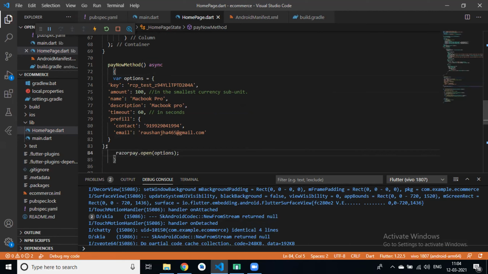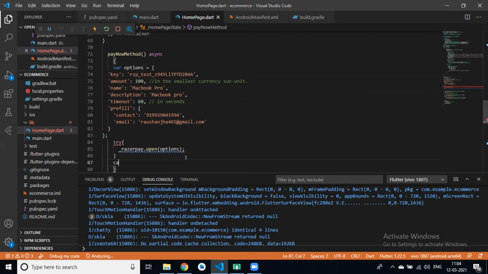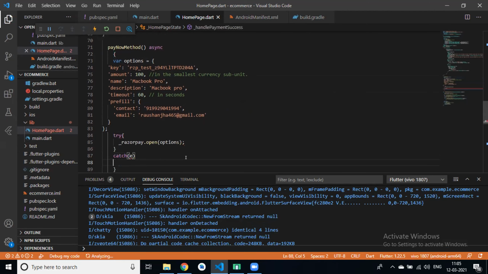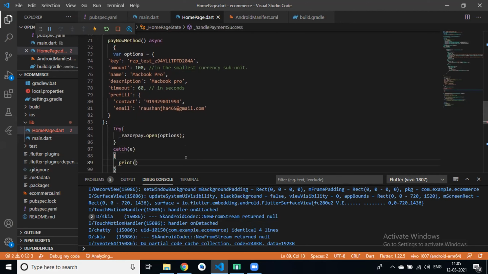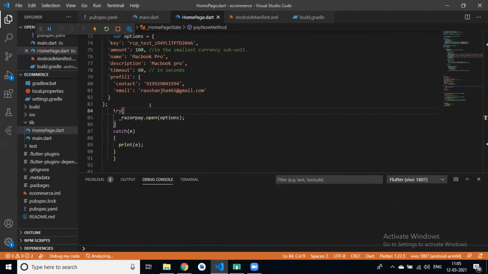We can also give a try and catch block: try, then catch e and print e. Let's try one more time.